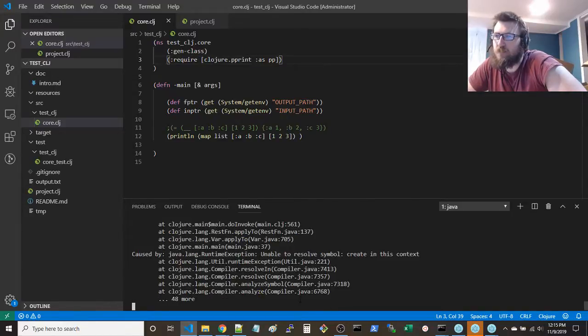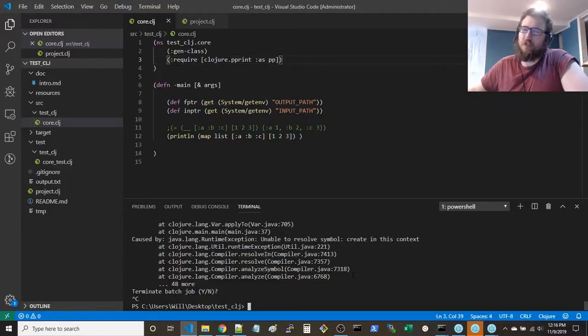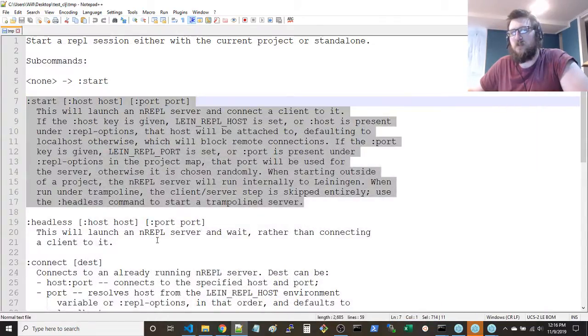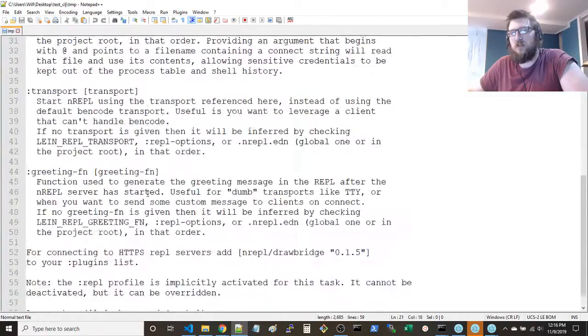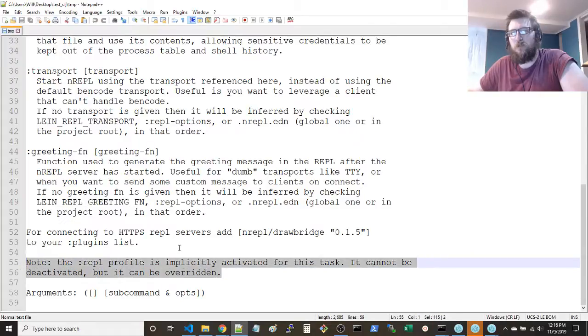So let me create in this context. I don't understand. Like, what are these error messages? What is going on? What am I missing here? Something's not right. Arguments. REPL profiles activated.